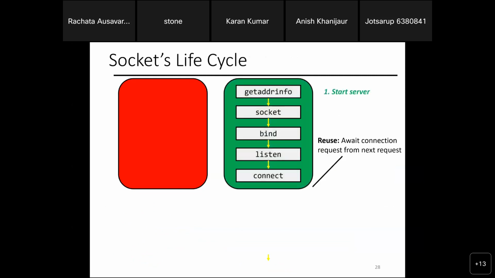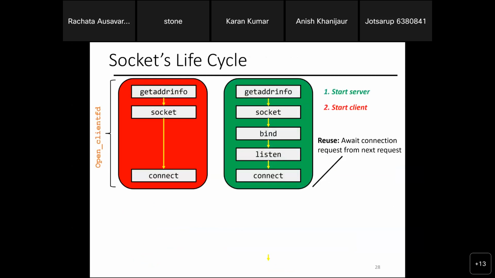So here's the socket life cycle. The first thing is I start the server. Forget about the red box, sorry about that. The server first will establish the socket. When you want to bind the server and the client, we build the socket from each side first. We build the information from each side. You then bind on the server side. I have to bind it to the port, and then I start to listen to whatever client wants to connect to me.